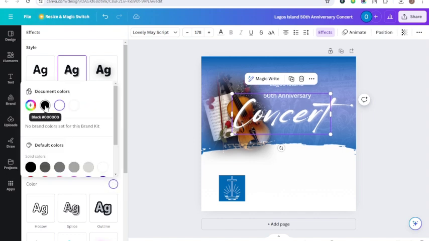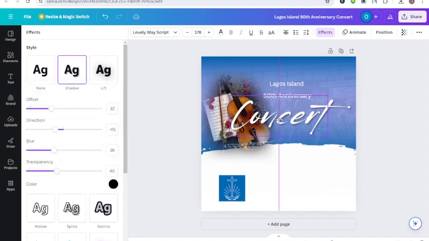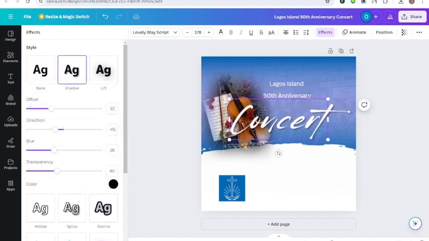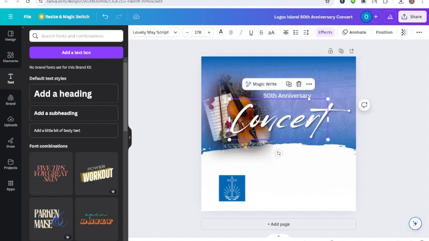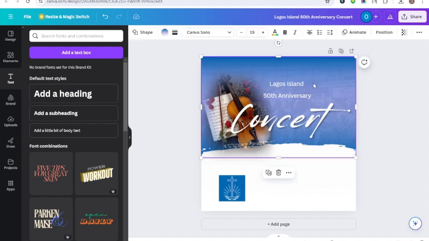Why not change it to black and see how it's going to look? It looks really good, right? All right, so let's just leave this like this. Then let's focus again on that because it's the main event. So let's focus more again on